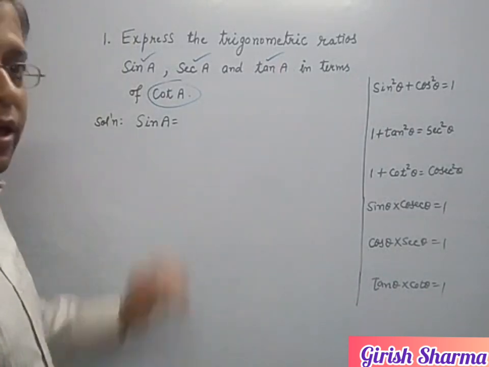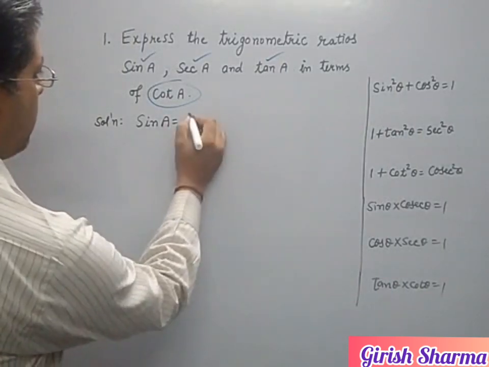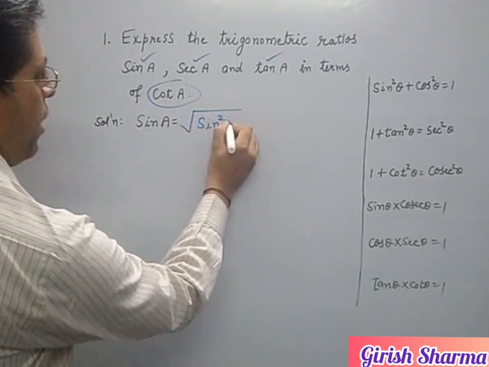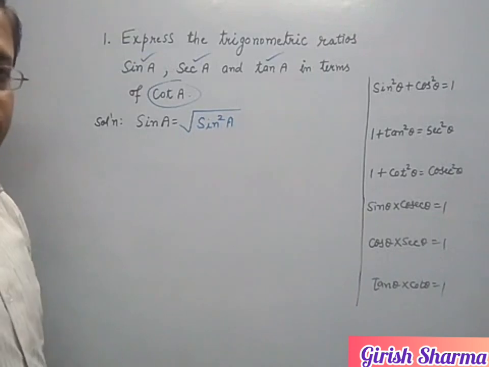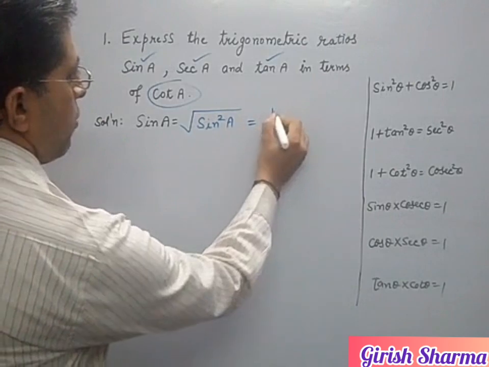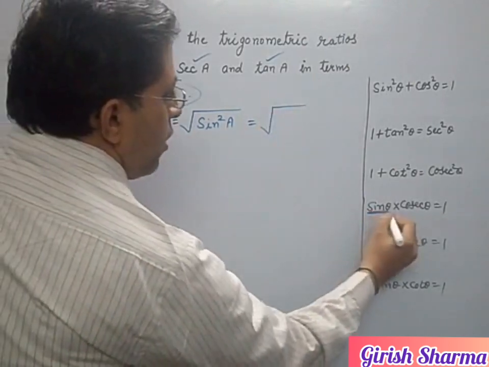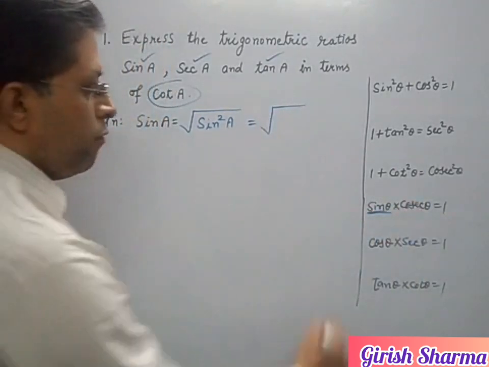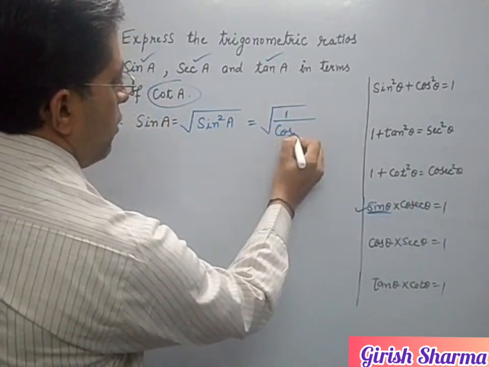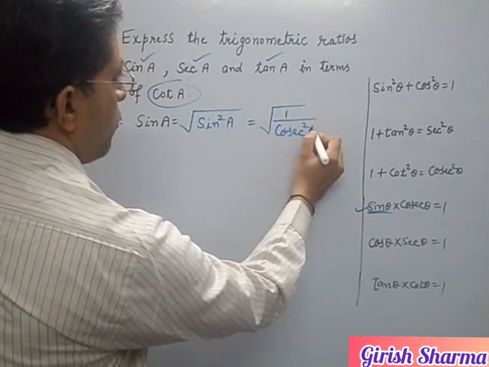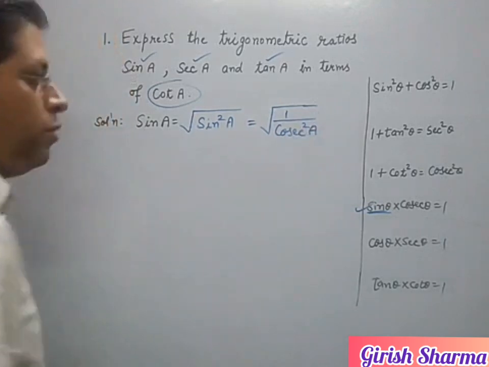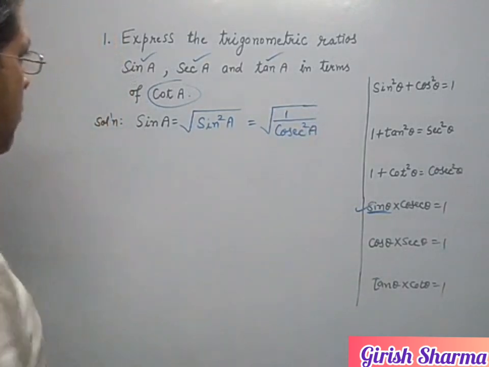What is given? sin A. What can I write? See, can I write it like this? I am taking square and square root both. Now, see. What is sin θ? This is 1/cosec θ with the help of this formula. So here is the square, then it will be 1/cosec² A. Okay, now see down.